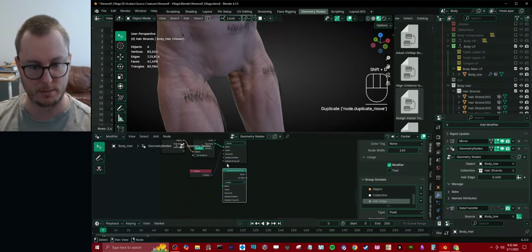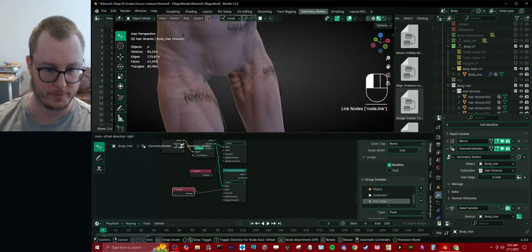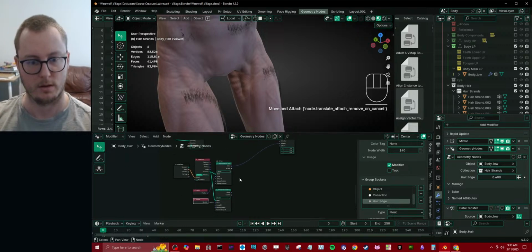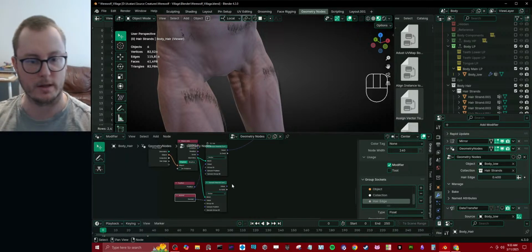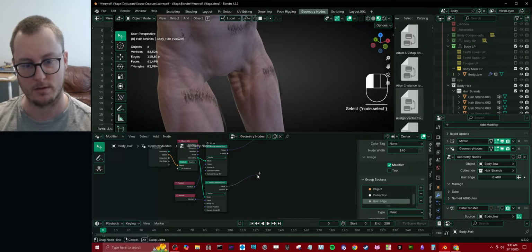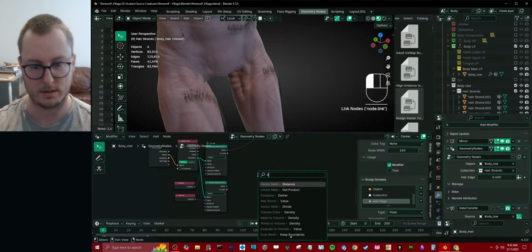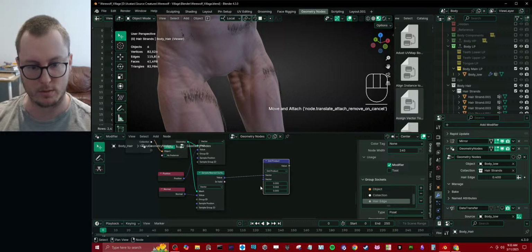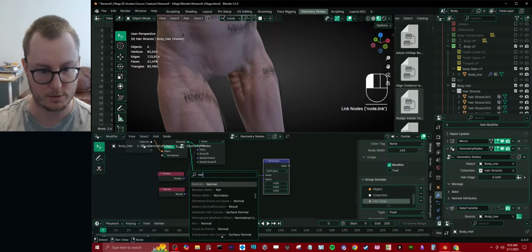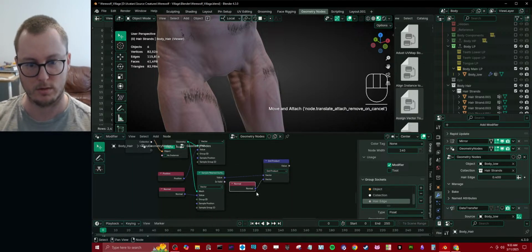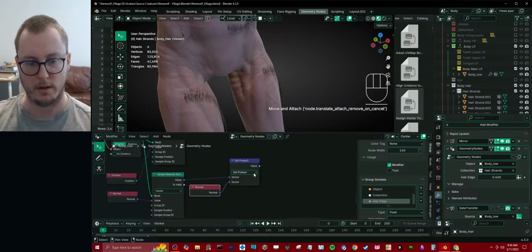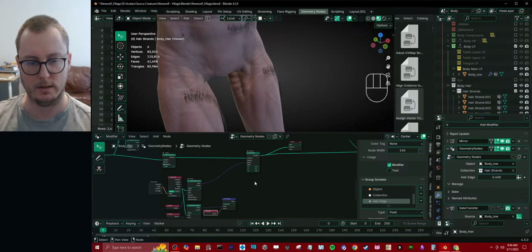We will also sample it for normal. And then we can say, what is the dot product between the normal of our sample geometry and our current normal? And then I believe